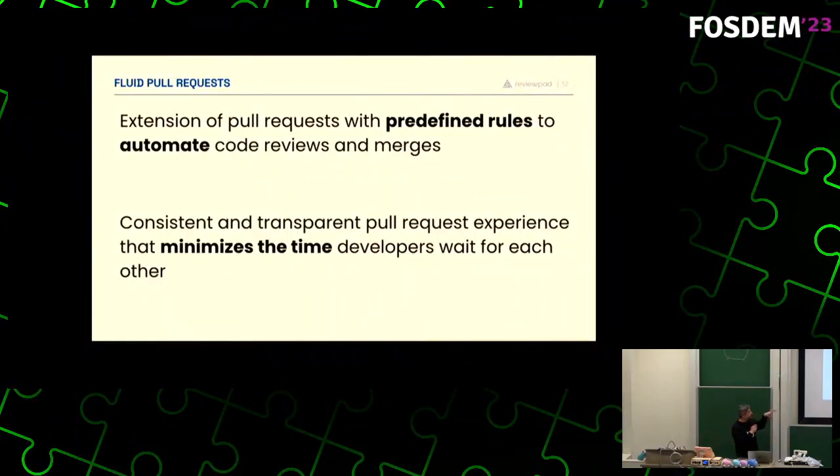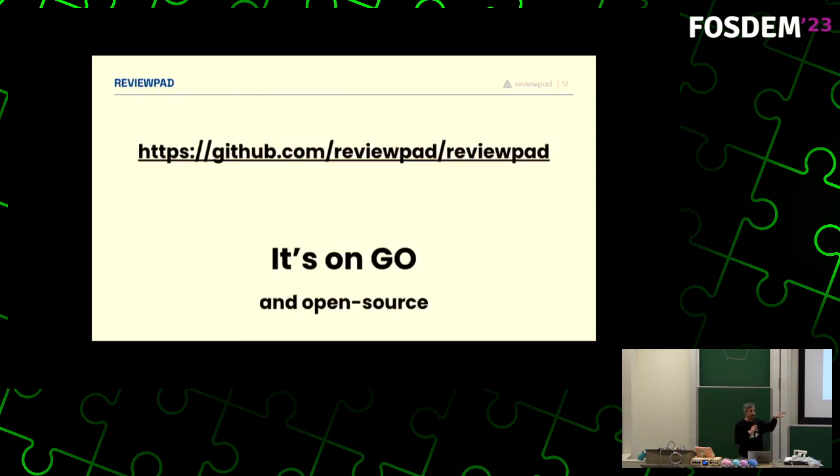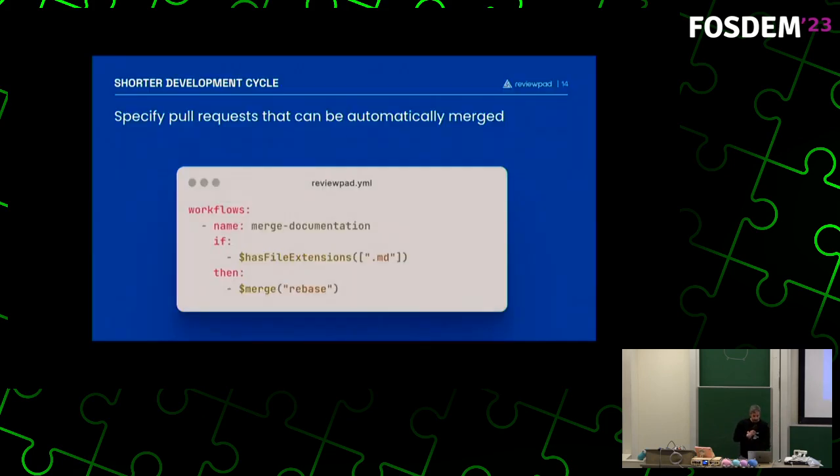So this idea of fluid pull requests is that all that I just said could be defined in predefined rules, and we can apply those rules to our own process and minimize the time. That's where we came up with Reviewpad, which is written in Go, and it's fully open source, and that's where we can define all these ideas of what the rules are for our team. So here's